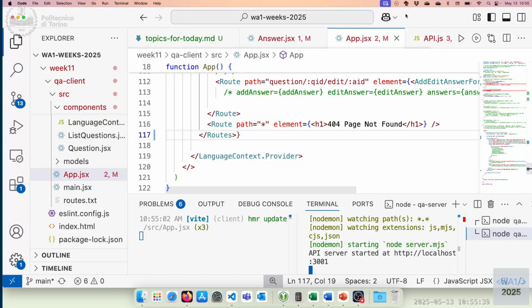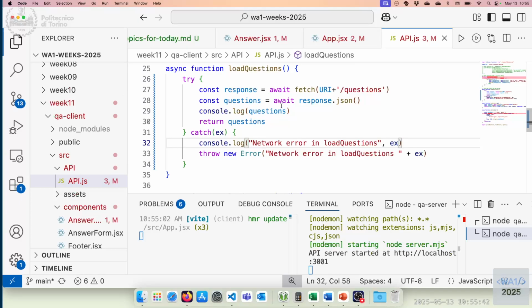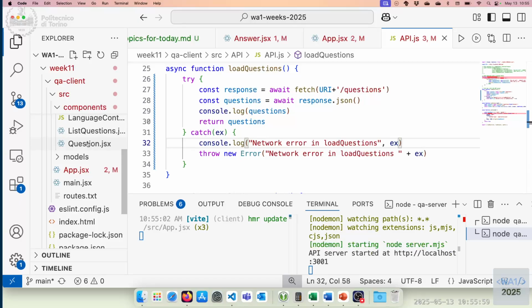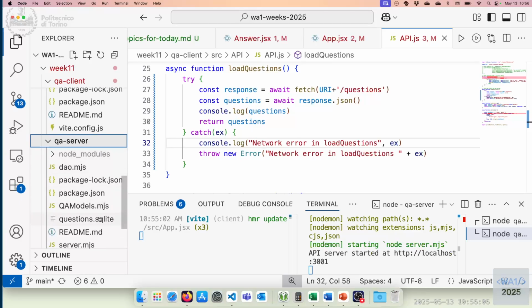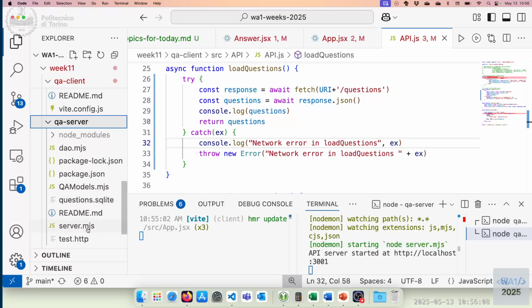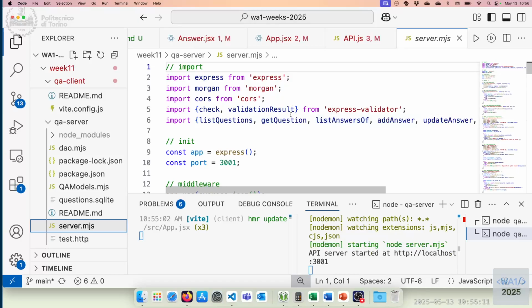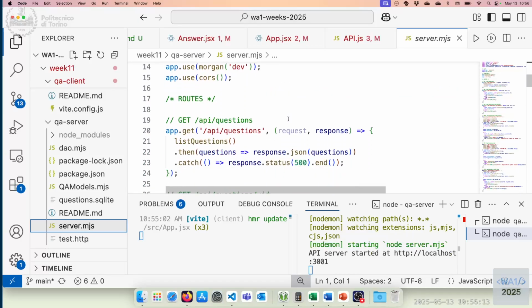So this was one type of errors, the network errors. And then maybe something can go wrong for other reasons in the server itself. Okay, so this is a simple API, fetch question. So let's move to the server. Let's go one level below. So this API comes from a server. We have the server.js, where we just call this